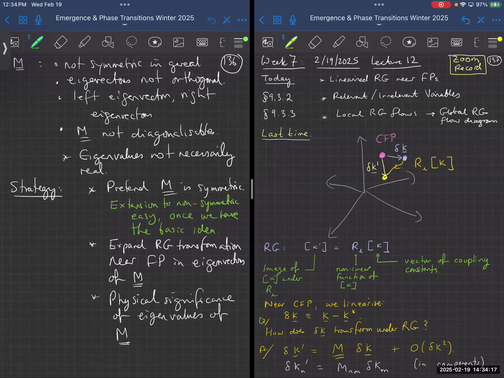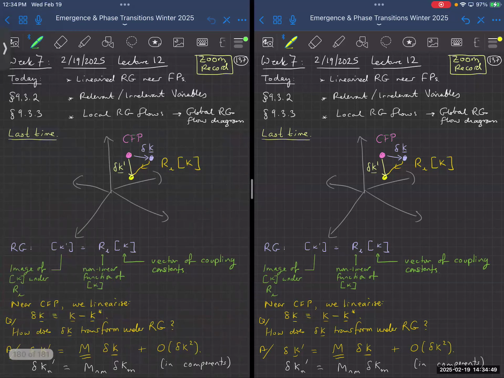So we look at the critical fixed point, we call that K star, we linearize around that. So you have delta K, which is how far away you are from the critical fixed point with your particular physical system that you're looking at. And then what you do is you ask, how does it transform under a renormalization group transformation? And the answer is it's going to be some linear term, depending on how far away you were from the critical fixed point, plus higher orders in delta K. So in general, we can say then that this is a matrix M, some matrix that we have to determine,